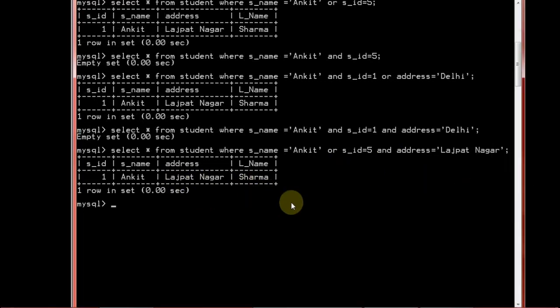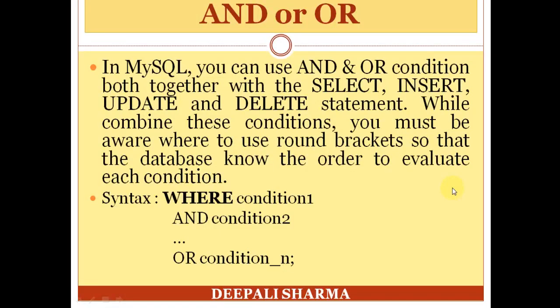Because I have written select all the records from the student table where student name is Ankit and student ID is 5. ID does not exist, but because I have written the OR statement, that's why it is giving me the record. And that is the compulsory statement: address must be Lajpat Nagar. Fine. So combination of AND or OR statement, I guess it's clear to all.